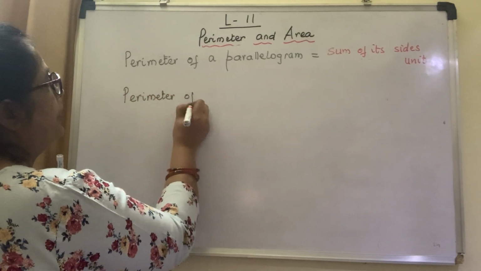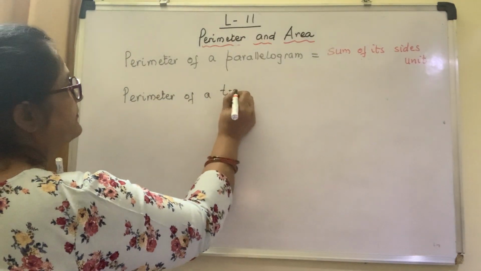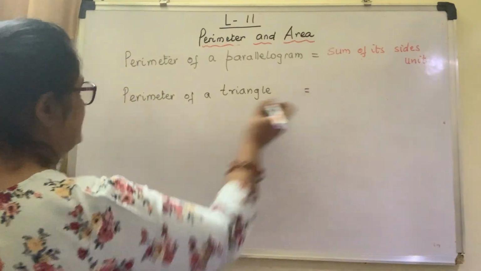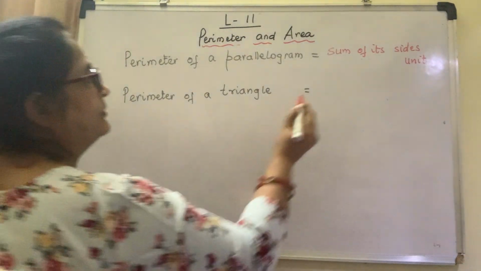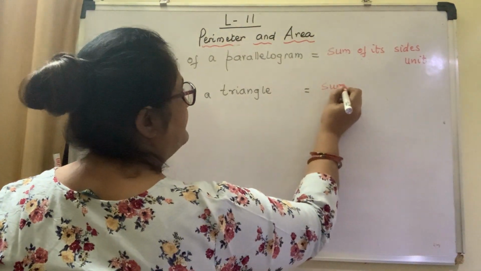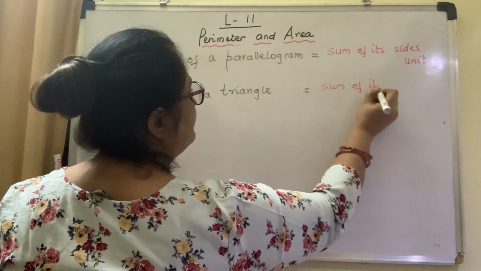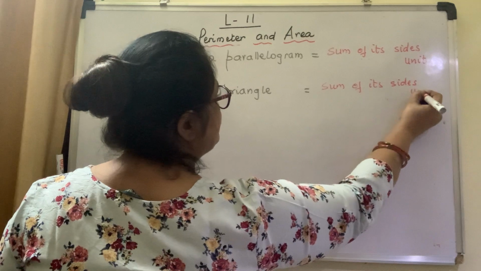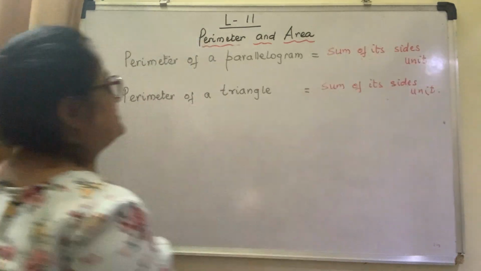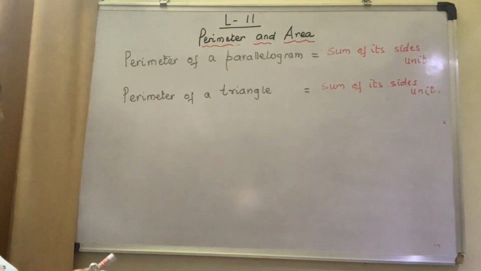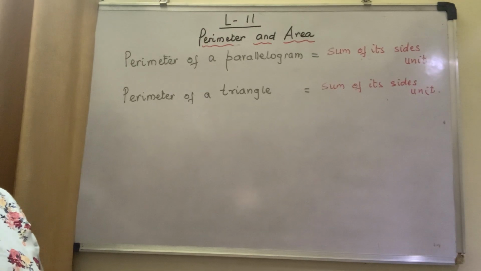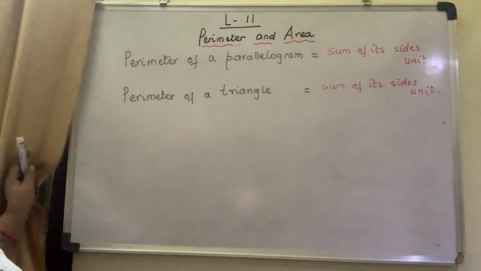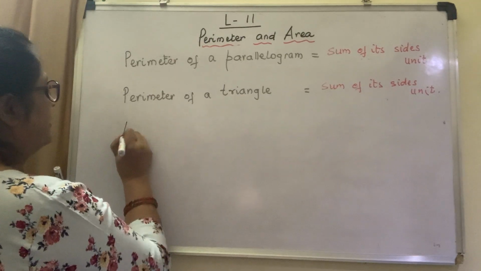Perimeter of a triangle is also the sum of its sides, unit. So these are very important formulas. How we got it? I have shown you the derivation. Please remember the formula. Now we come to